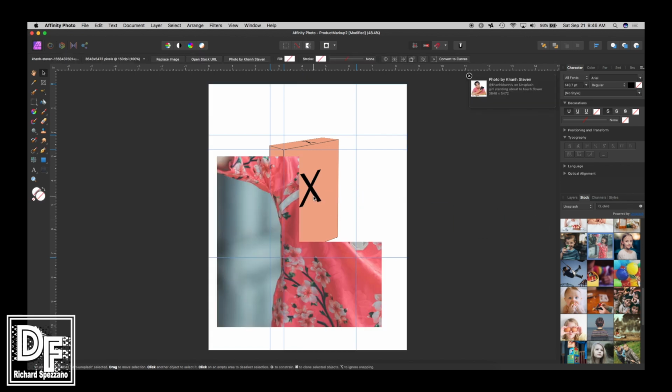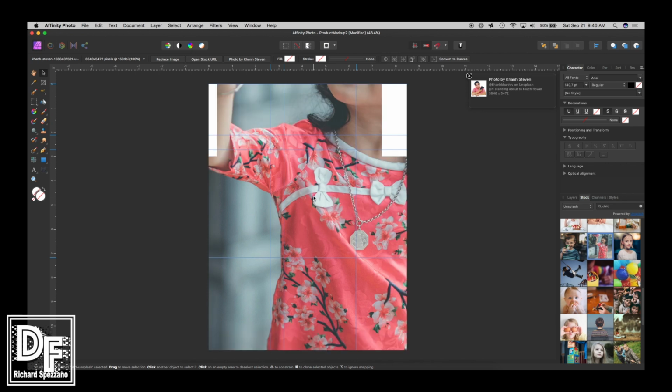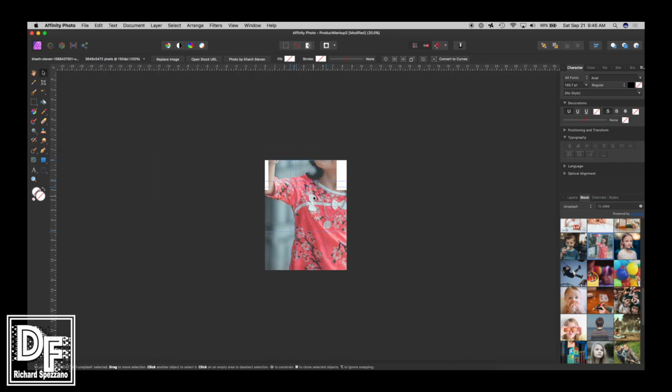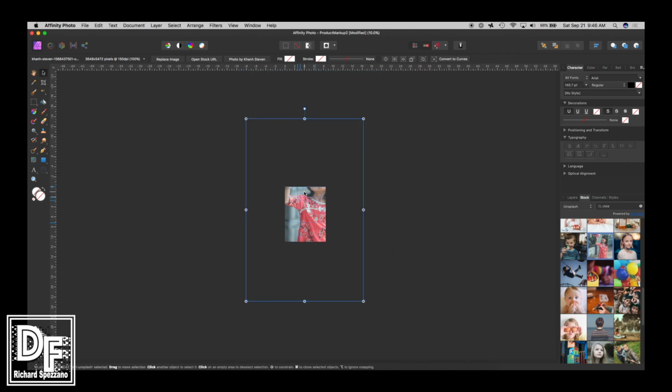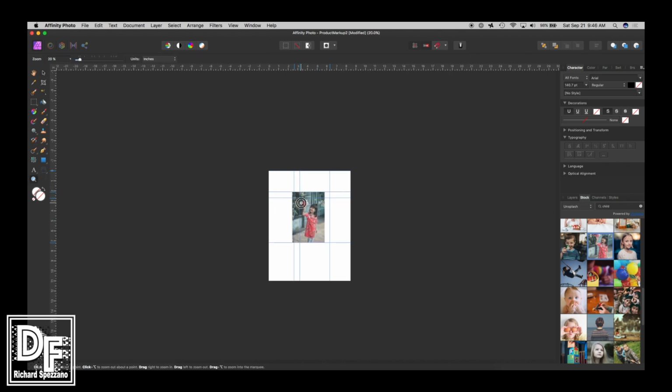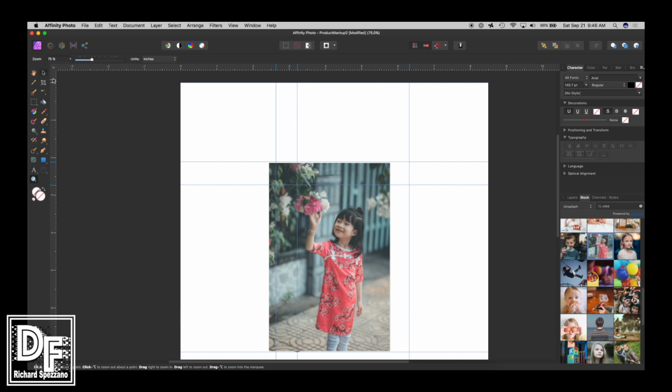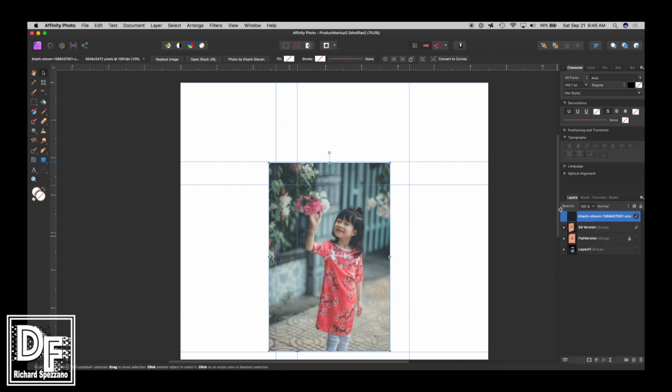I am recording, so once again, because I'm recording and I'm doing so much perspective here, one perspective on top of another, it's a little slow, but let me tell you, without the recording, this works fine. So I have no issues with it. So we go back to the layer, and we have to decide, let's do the flat version first,